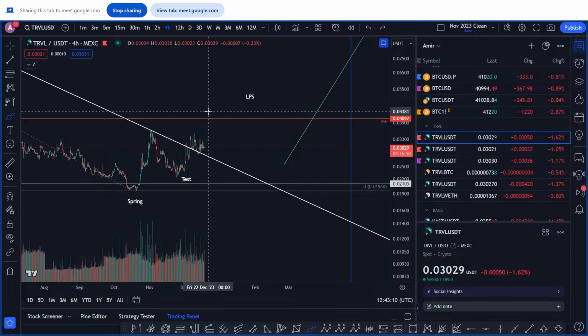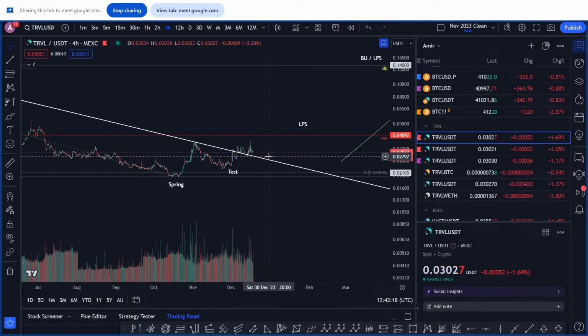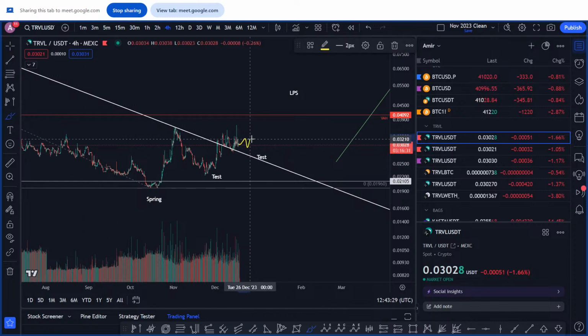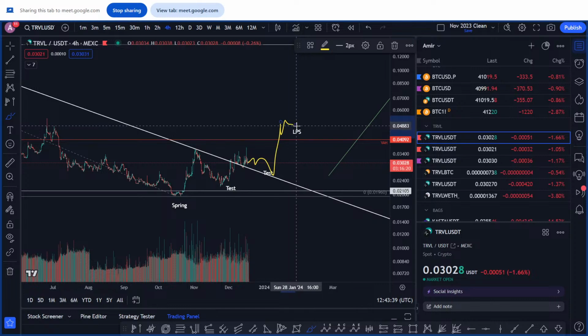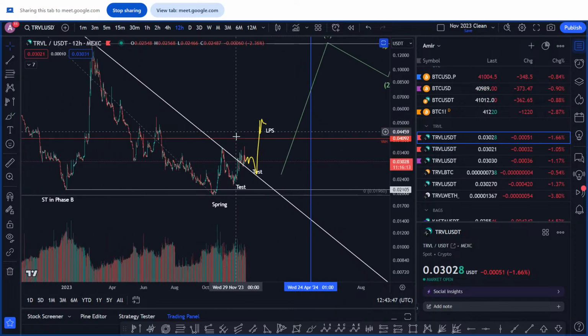We could get a step up now to like 40 cents. And this is the lowest point of support, this LPS. I think what we're experiencing now is another test. This is the second test. So you could say there's another test here somewhere. And then if we can test and then come up and then get above this lowest point of support somewhere, that would be good. And I think then we've created enough market structure to hold above,